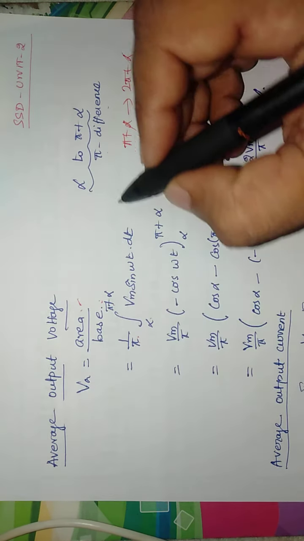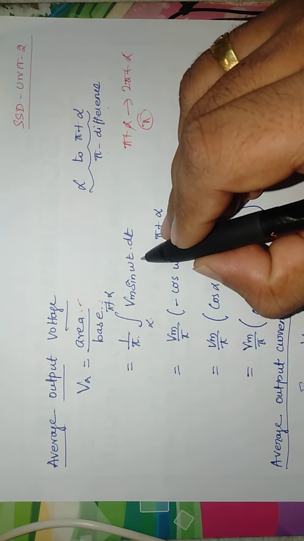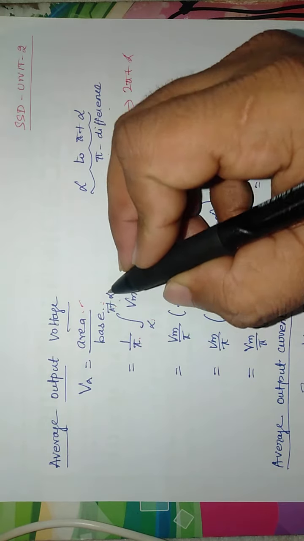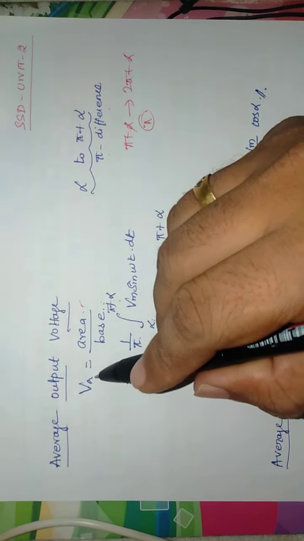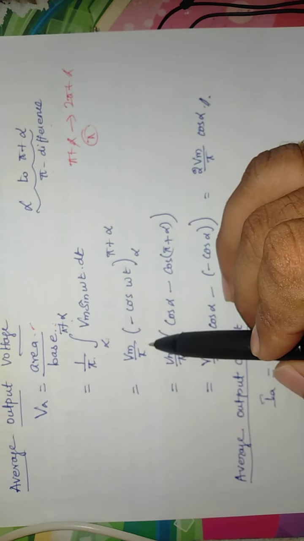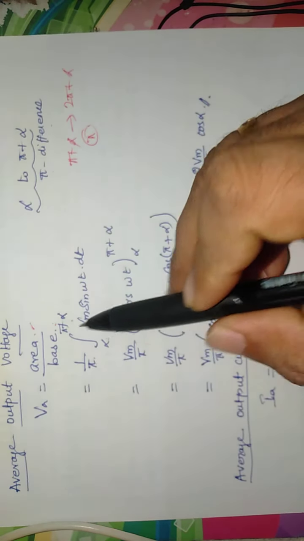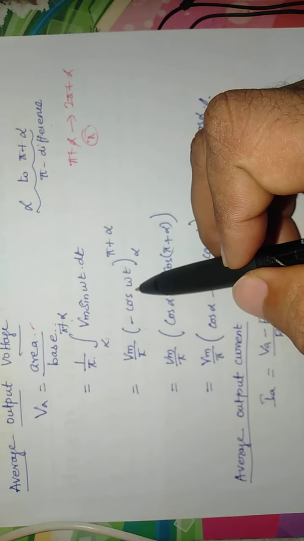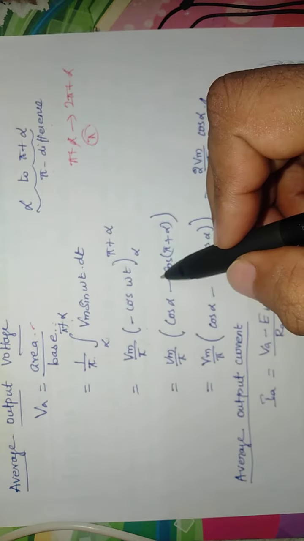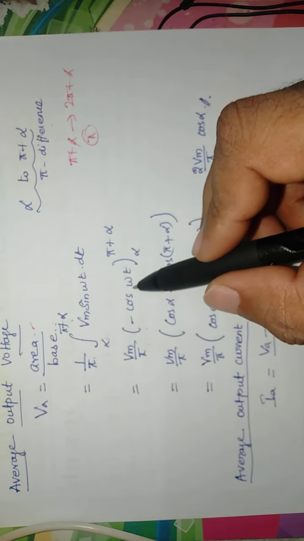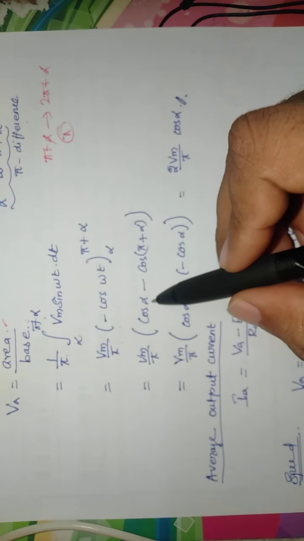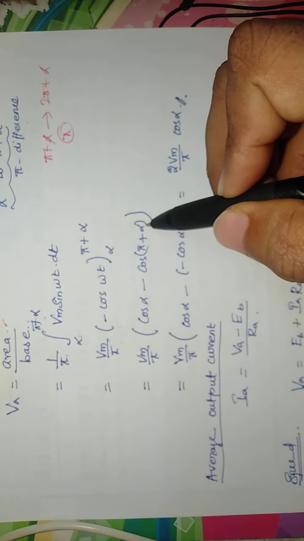The actual input voltage is Vs equal to Vm sin omega t, which we are giving as input. In this input, only the alpha to pi plus alpha values will be obtained as output, so we are taking Vav. From this equation, Vm is constant, so we are taking Vm by pi into the integral of sin omega t, which gives minus cos omega t, with lower and upper limits. Substituting the upper limit, we get minus cos of pi plus alpha, and minus of minus gives plus cos alpha.